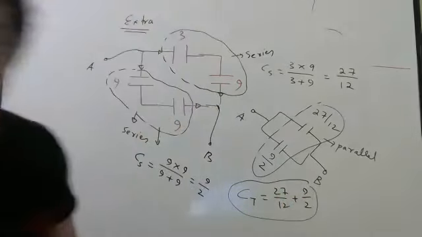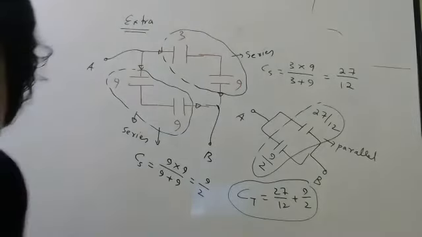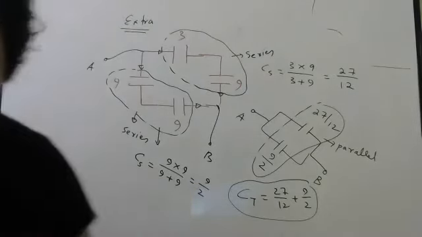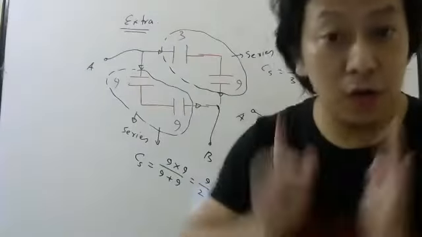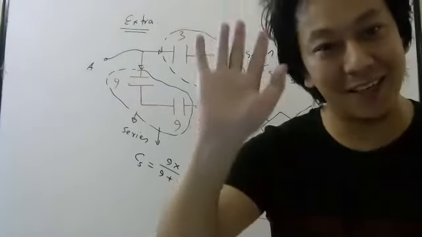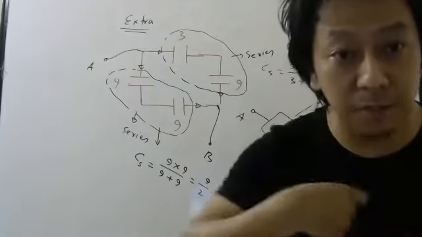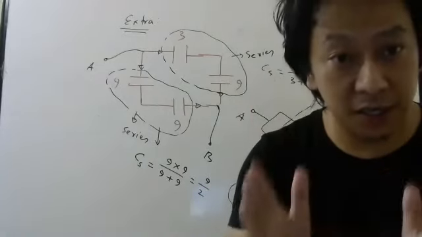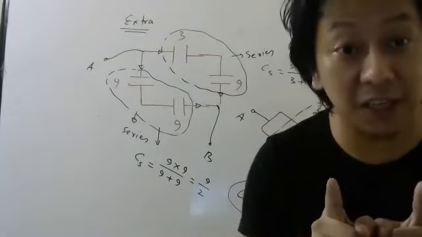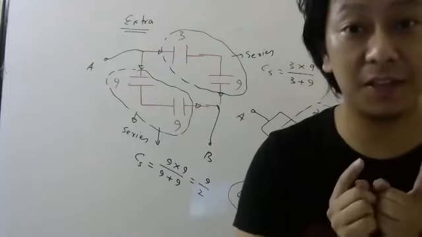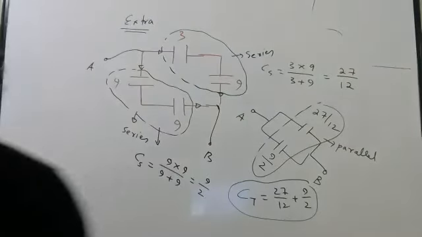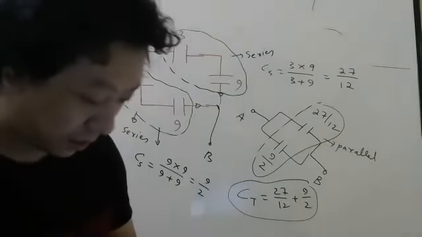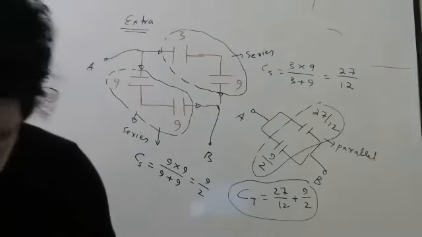This you can solve. Okay, students? So some of you are saying 27 by 4. Maybe it is correct. Check it out nicely. So again, what did you learn from here? You learned that just giving the circuit is not enough. You have to ask me between which points. Same circuit can have different capacitance depending on between which points I want. So in the next PTE, please be careful and try to answer properly.